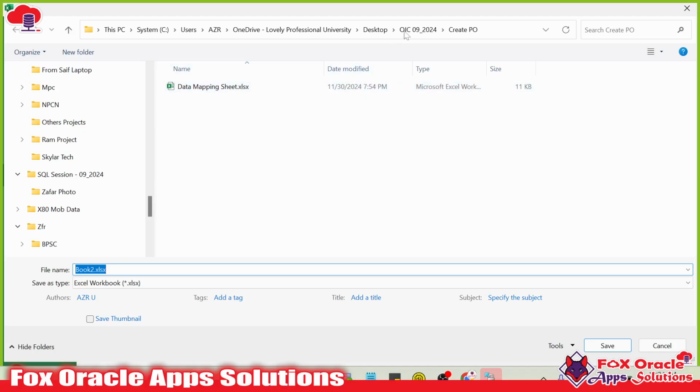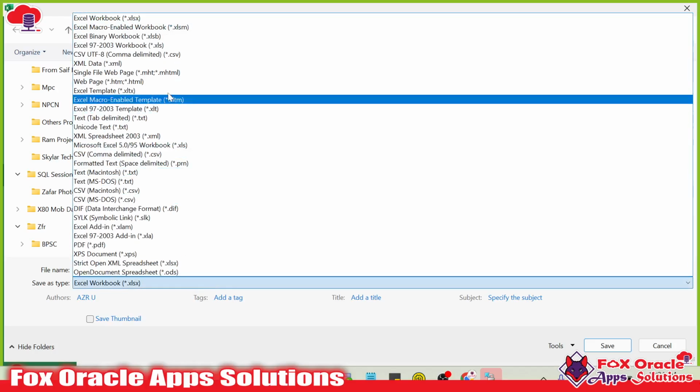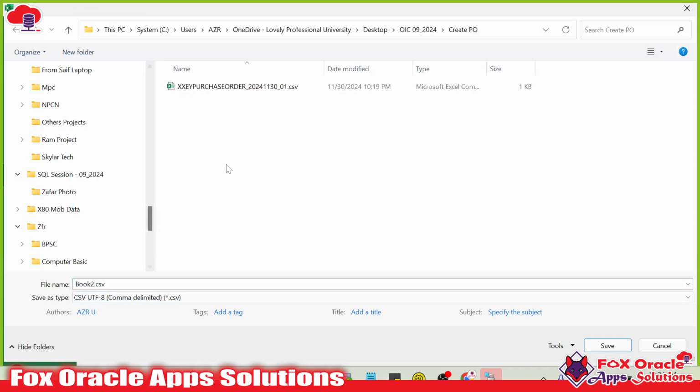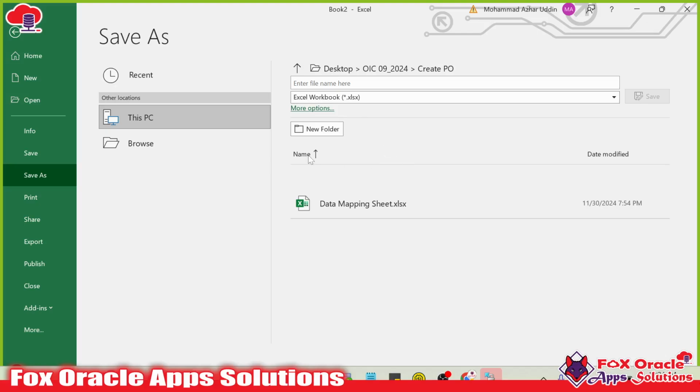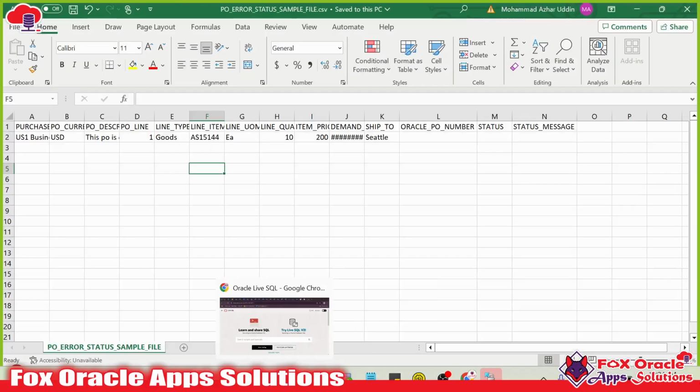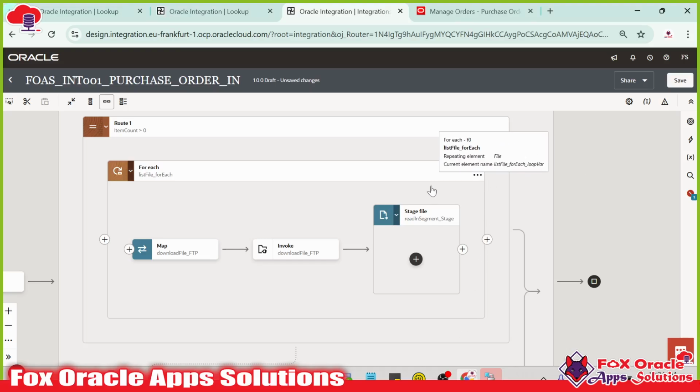So I'm just going to use this as a CSV schema here, and we'll give the name as PO error status sample file CSV. So now the sample file is created here, I will just go to integration again, and in the integrations,